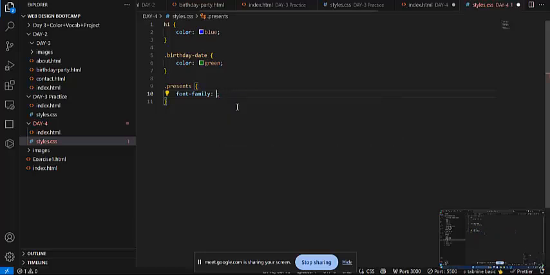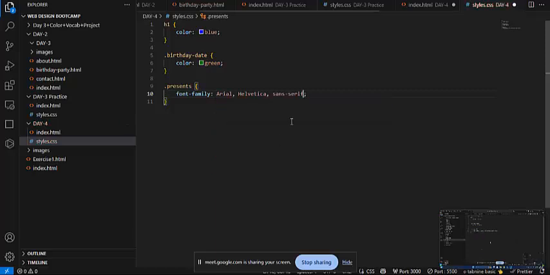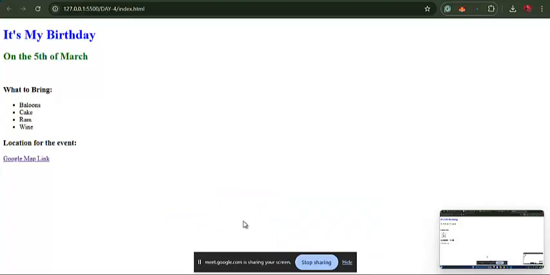Okay, we don't have. Let's just use from the list that we have here. So I'll say font family. Then I want to use, let's use this one, Arial, Helvetica, sans-serif. So I'll save it, and if you view it,